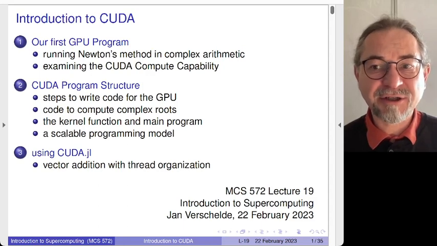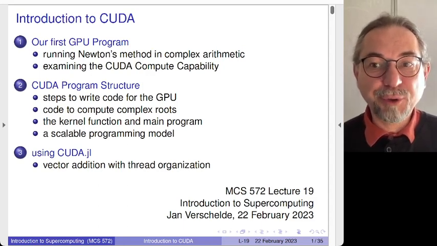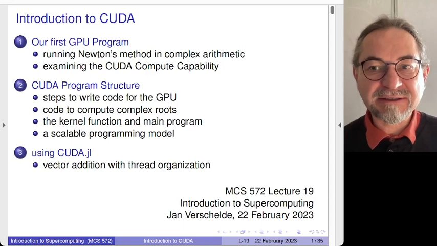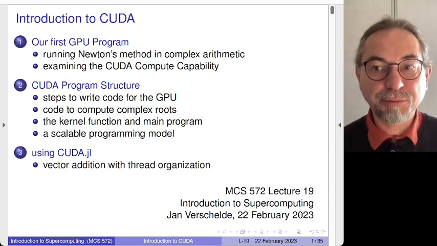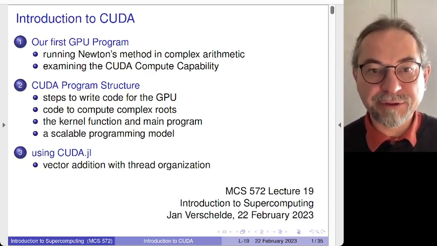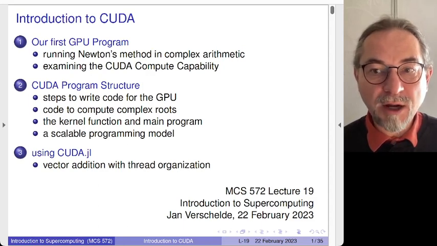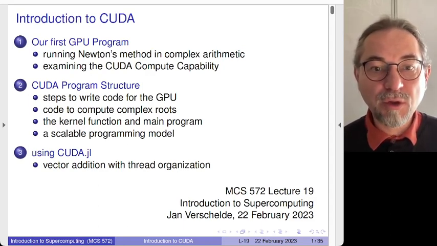In the second lecture, the compute unified device architecture was explained, how one could run graphics processing units either in graphics mode or in device mode, suitable for floating point computations. And in the previous lecture, I introduced PyCUDA and also CUDA.jl to